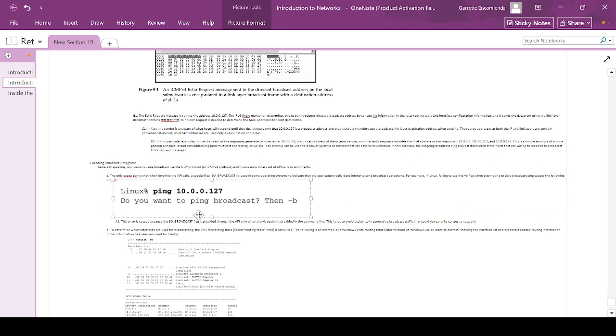Sending broadcast datagrams. Generally speaking, applications using broadcast use the UDP protocol or ICMPv4 protocol and invoke an ordinary set of API calls to send traffic. The only exception is that when invoking the API calls, a special flag, SO_BROADCAST, is used in some operating systems to indicate that the application really does intend to send broadcast datagrams. For example, in Linux, failing to use the -b flag when attempting to do a broadcast ping produces the following output. Ping